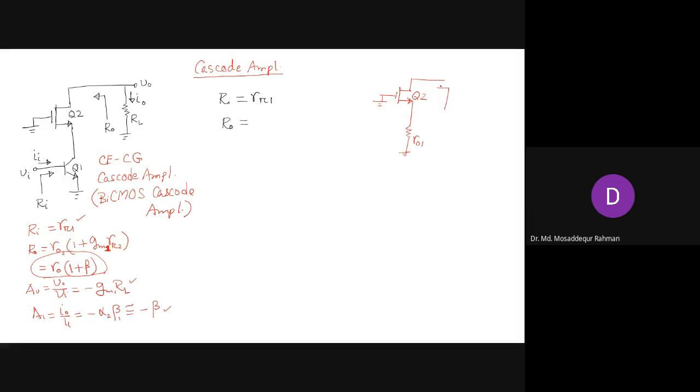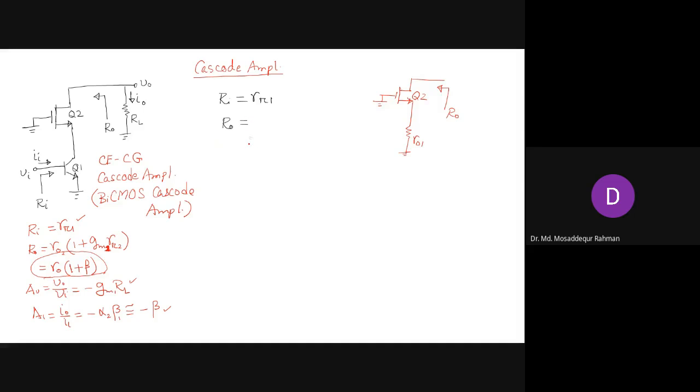And you're looking from here, the output resistance. It's like a common emitter with emitter resistance. This is common source with source resistance. So similar formulas also apply, that we used for the common emitter with emitter resistance. So the output resistance will be here